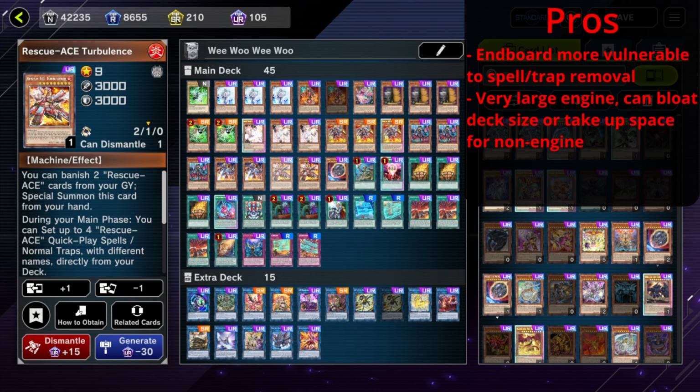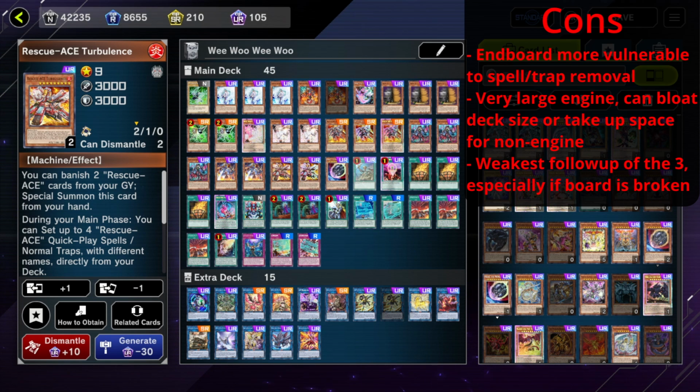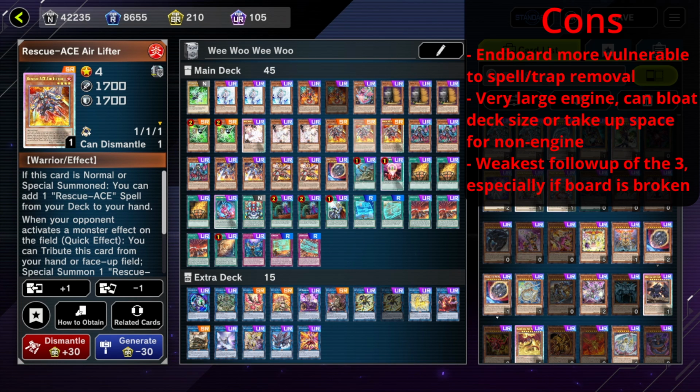out of the 3 decks, Rescue Ace probably has the weakest follow-up, because with Snake Eyes versions, they have the Flamberge, and when Flamberge goes to the grave, it summons back 3 Snake Eyes monsters, and Snake Eyes monsters each search another card for follow-up, and then the Fire King variant in particular also has all of the follow-up in the grave, and cards in hand, and all of that. If the Rescue Ace board gets broken, you don't actually have a lot of guaranteed follow-up, because